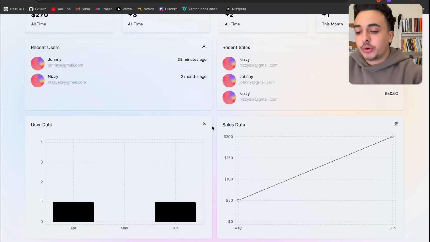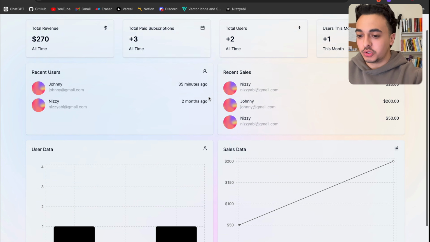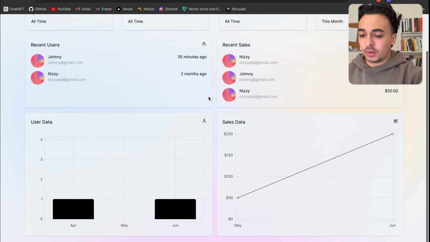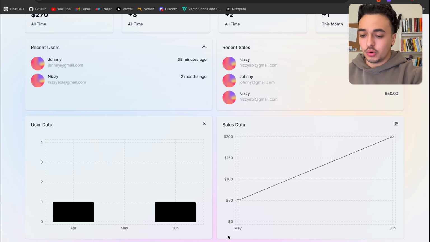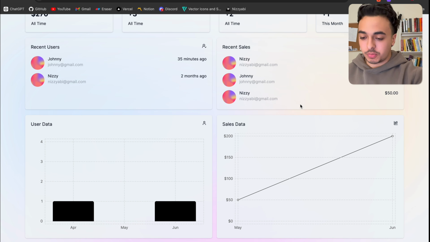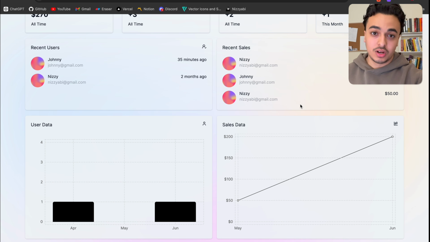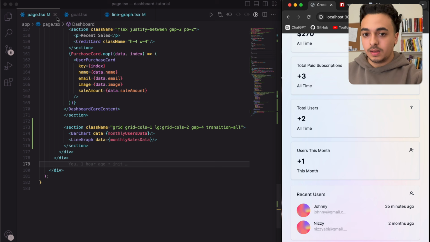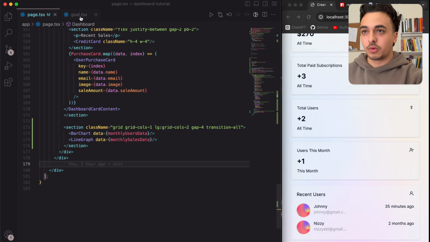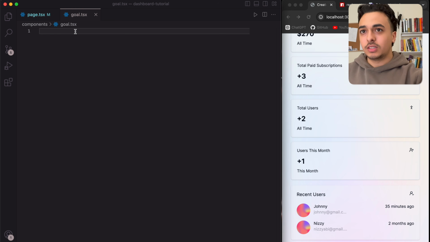And so we can just end things here. And I think most tutorials would end things here where they're just showing a couple of graphs, a couple of user data, etc., etc. But one thing I really want to do is show a monthly goal for us entrepreneurs who want to have a user goal or a monthly goal. And so what we can do is we can just close up the graph, and then in our goal.tsx, we can do an export type